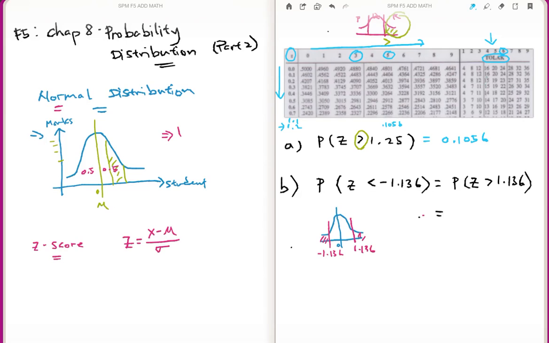So what you do, if it were to be 1.13, that would be 0.1292. Okay, and for 6 the number is 12. This is not actually 12, it's 0.0012. So this number would be